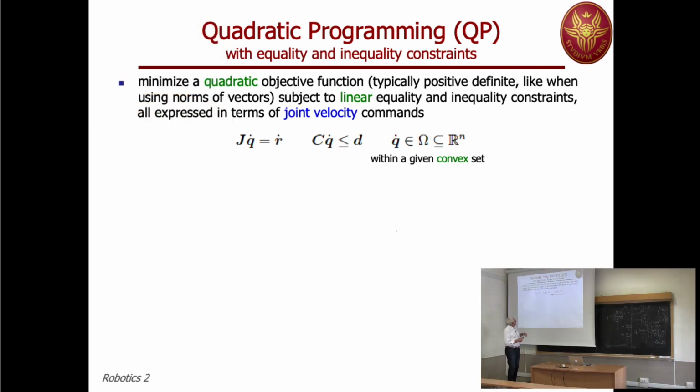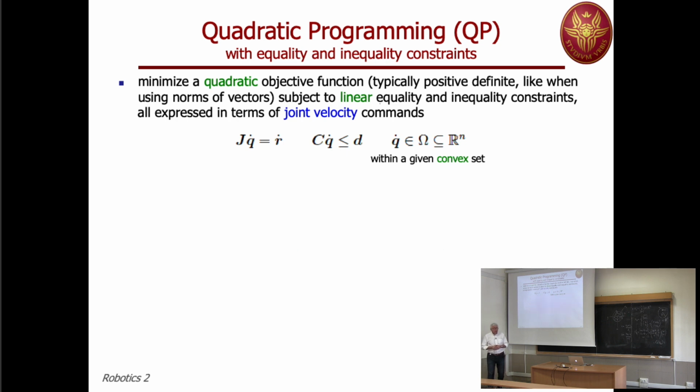So suppose that, again, our commands to be chosen are the joint velocities q dot, and we have a set of linear constraints, J q dot equal r dot. Of course, this is at the current configuration. So in this slide, all dependencies on q have been eliminated. And then we have linear inequalities of the form: matrix C times q dot less or equal than a vector d. Of course, you can always rephrase inequalities in terms of less or equal, just flipping around the sign